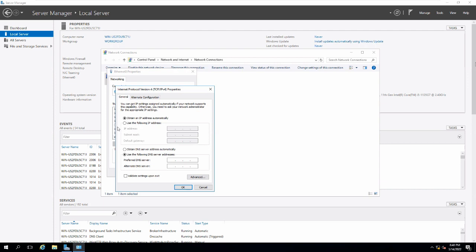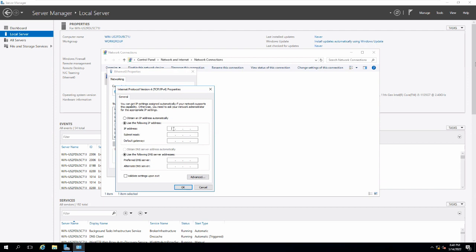And tell me, if you select this, what are the IP address types that you can use? What are the types of IPv4 addresses? What is the length of an IPv4 address? 32 bits.